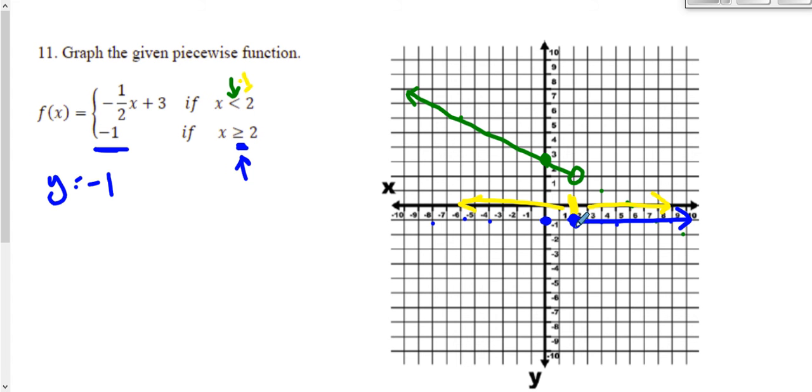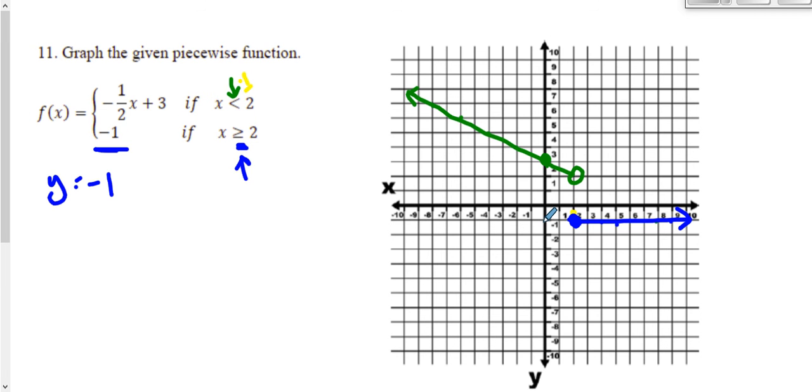So I'm going to use a solid circle in order to represent that I do care about that number. Now, I can go ahead and erase my extra dots if I want to, just to show that these are not part of what I actually graphed. My directions, whatever I want to do, that's fine. This would be what my final function looks like. It's just the green function, the left portion of 2, and the blue function, the right portion, including the value